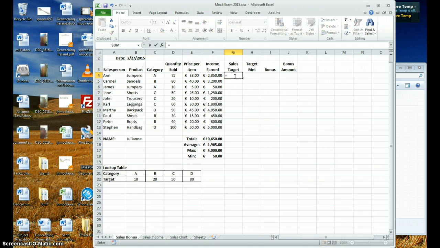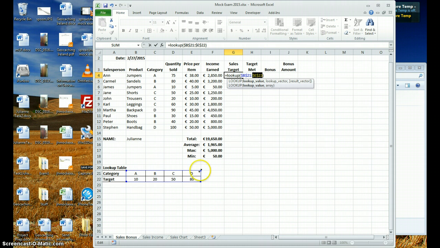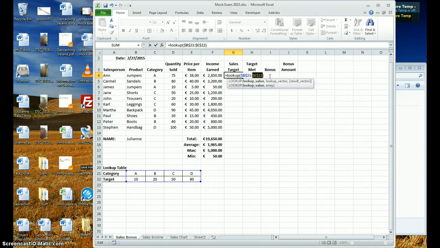So we'll say equals lookup, open bracket, highlight only A, B, C, D and the equivalent values for A, B, C, D below it. And remember to lock in those cells because we can copy them down, and then enter. What's wrong with it? Lookup value. Oh yeah. I'm just gonna say